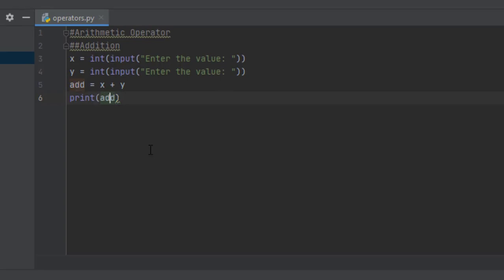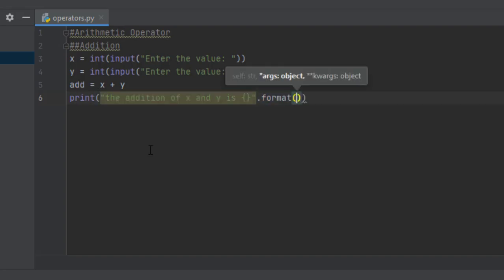So simply we'll put inverted commas in the print block and say the addition of x and y is, and a flower bracket as I told you earlier, and dot format.